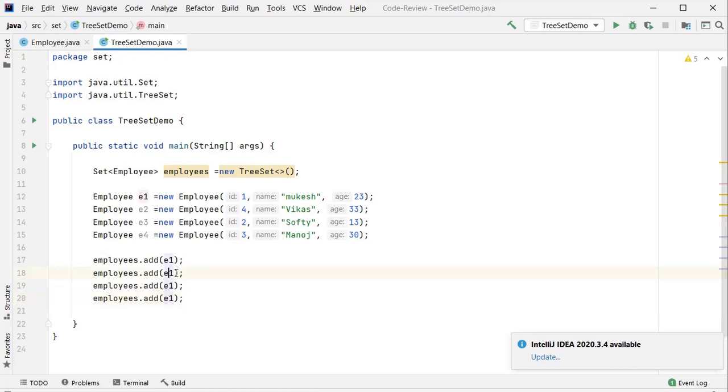I added them. Now I correct the name of the object.